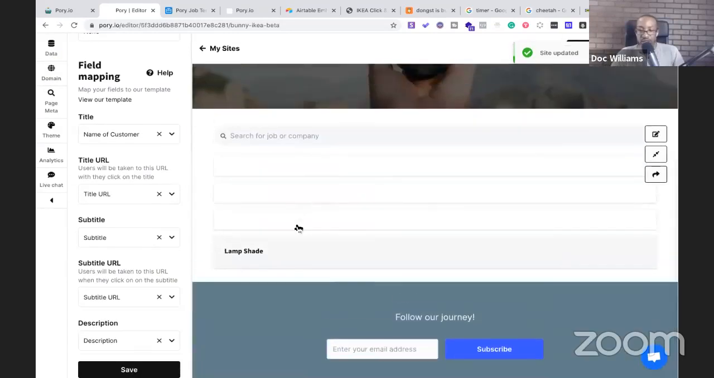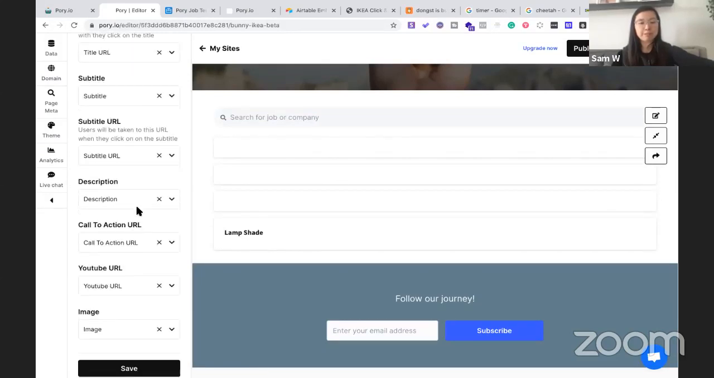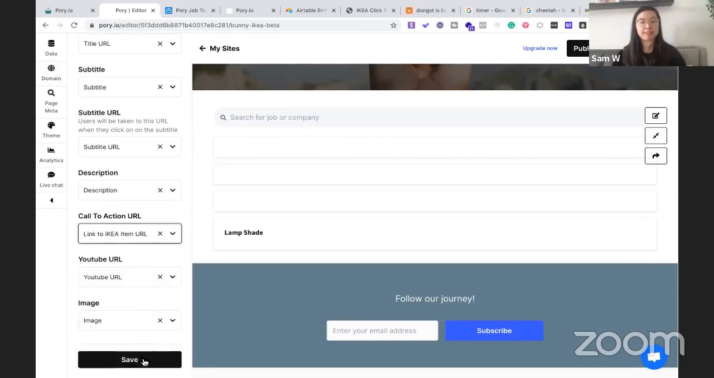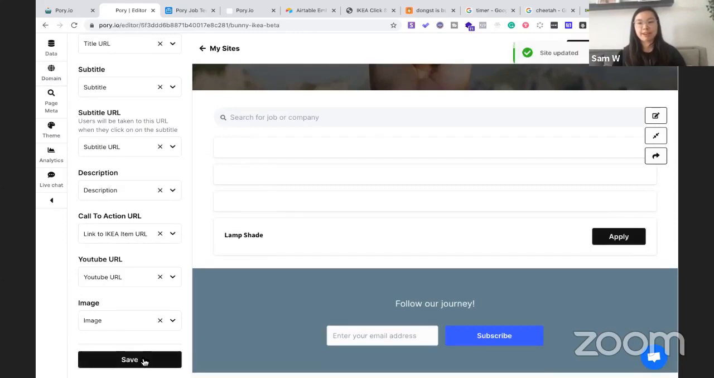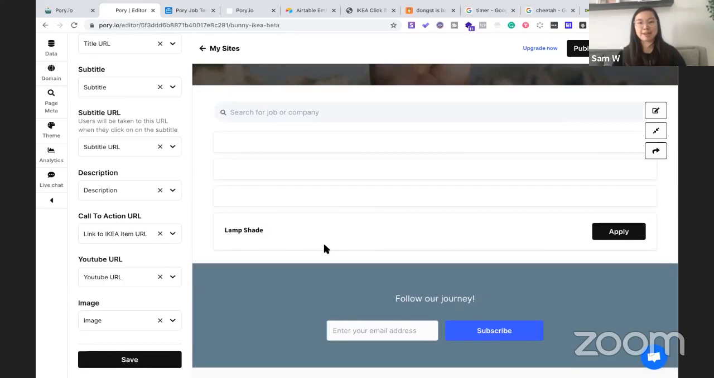Lampshade. There I am. Now, I think if we go down a little bit more, there's a call to action URL. Let's map that to the IKEA URL. There you go, link to IKEA item URL. Yep, cool, hit save. There you go. Name of customer. Okay, cool. Now the apply button is there, but we can probably go link to item or something. Maybe we could now put,